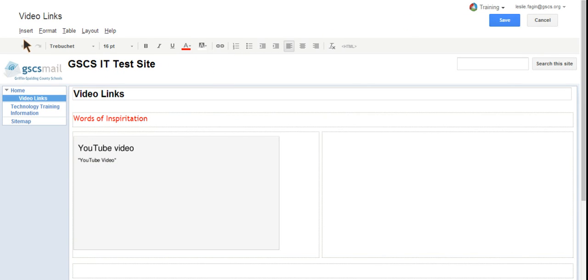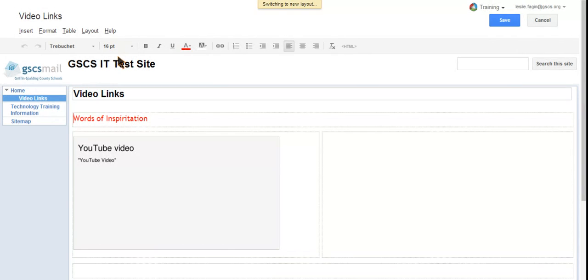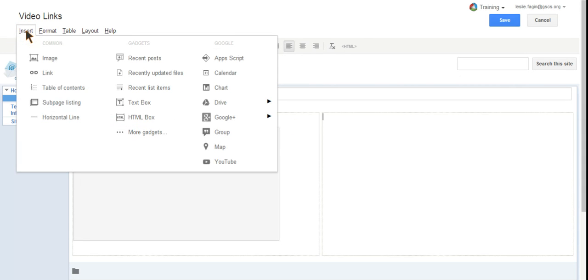Now that it's in edit mode, another thing about the layout that I want to show you: on this page I have the layout a little different. I have two columns here because I want my videos side by side. So I'm going to click where I want my new video to go, into the box on the right hand side. I'm going to go over to Insert,